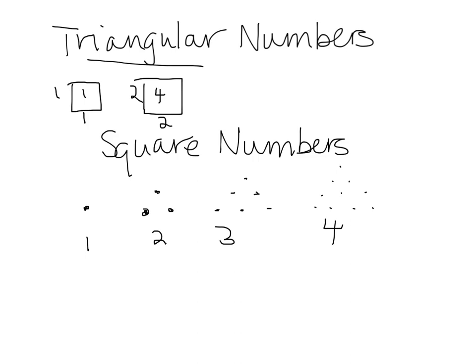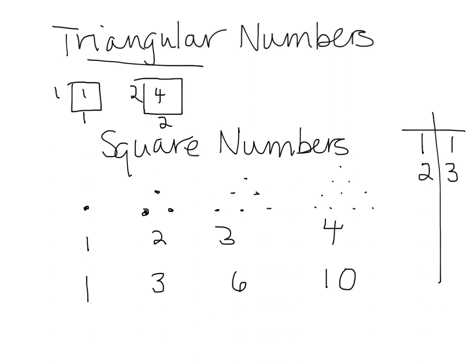So the number of dots in the first triangular number is 1. The number of dots in the second is 3. The number of dots in the third is 6. The number of dots in the fourth is 10. We can think of that also in function machine form. The first triangular number is 1. The second triangular number is 3. The third triangular number is 6. The fourth is 10. And many students immediately say, well, I'm adding 2 to this one, and then I'm adding